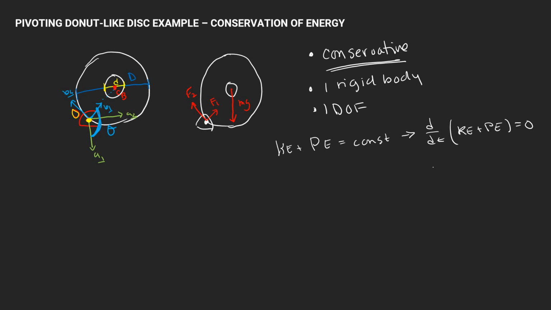F1 and F2 are non-conservative. However, they're acting at this point O, which, as we talked about in one of the prior videos, is the instantaneous center of rotation. And now by definition, this point does not move, right? In other words, these 2 forces, F1 and F2, do not do work. The only force that does work is the gravitational force mg. Therefore, the system is conservative, and so we can go ahead and use this method for calculating the equations of motion. One thing to note, though,